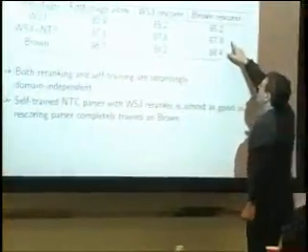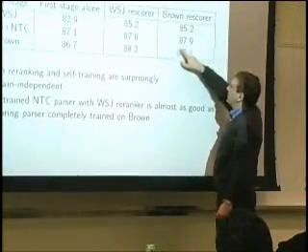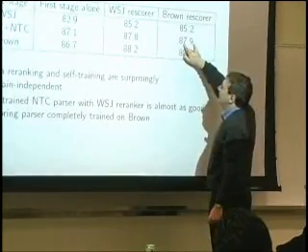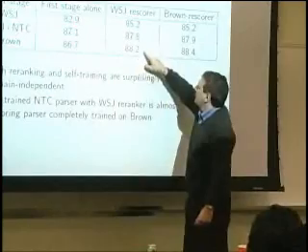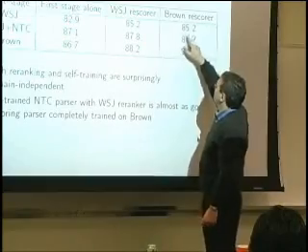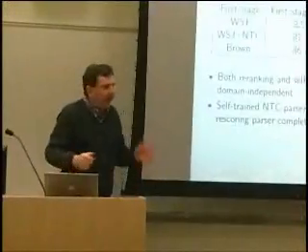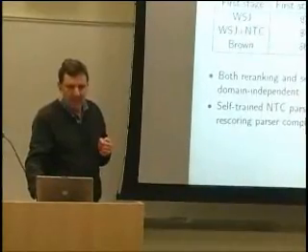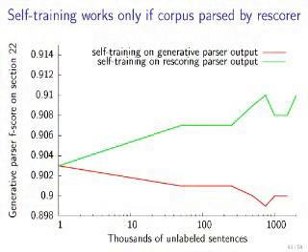And in fact, if you do the whole thing with the rescorer, then the Brown plus a Brown rescorer does slightly better than Wall Street Journal plus North American Newswire over here. But the difference between using the Wall Street Journal trained rescorer and the Brown trained rescorer on Brown data is really not that big, right? It's sort of surprising, as I said. I would have thought that we would have been overlearning to the training data here, but in fact, it looks as if this self-training is actually making the parser broader coverage. Okay,